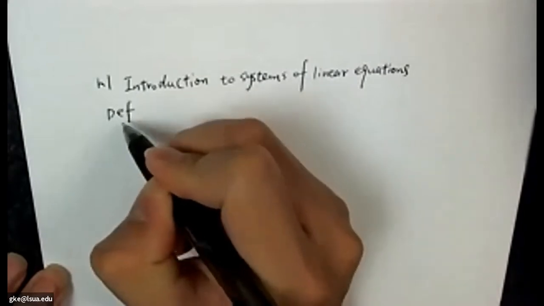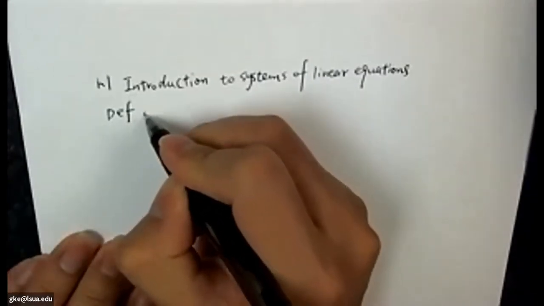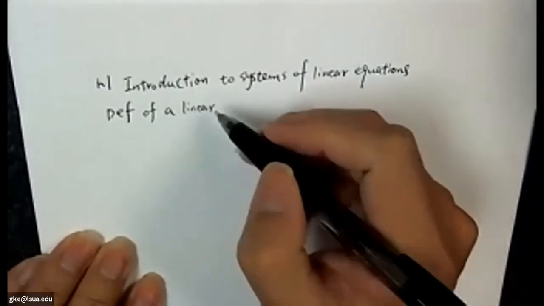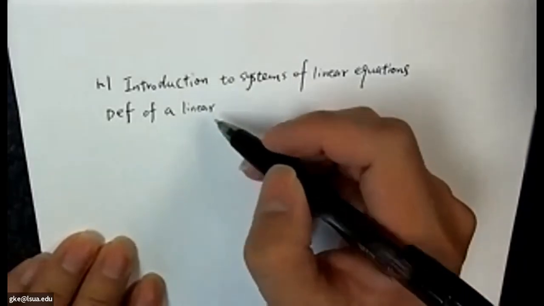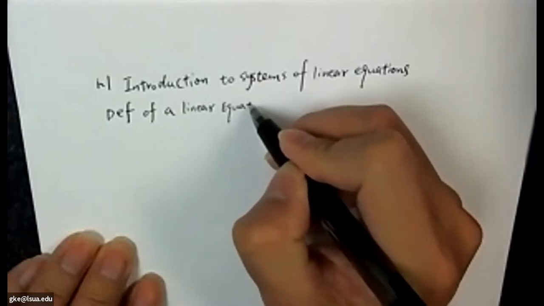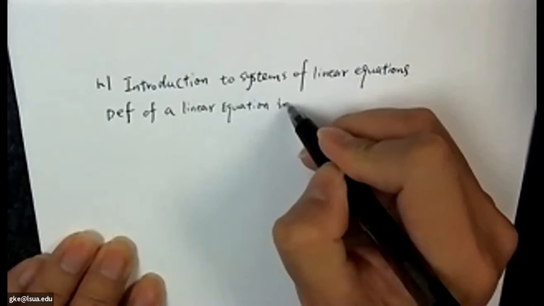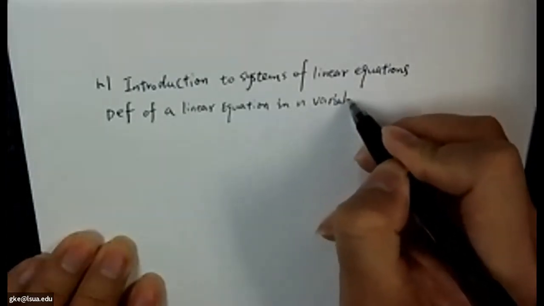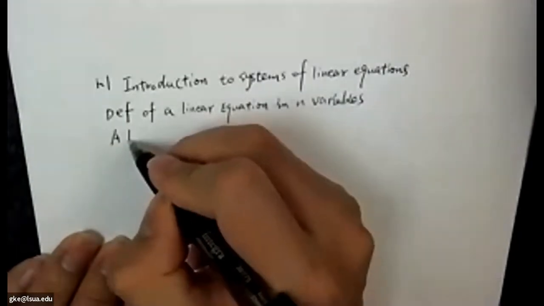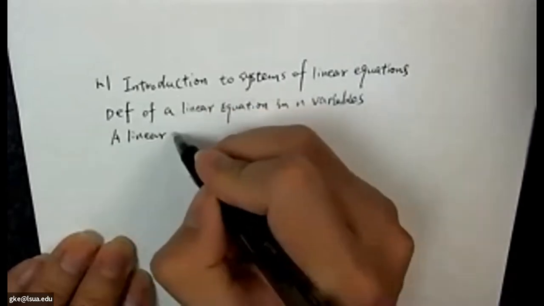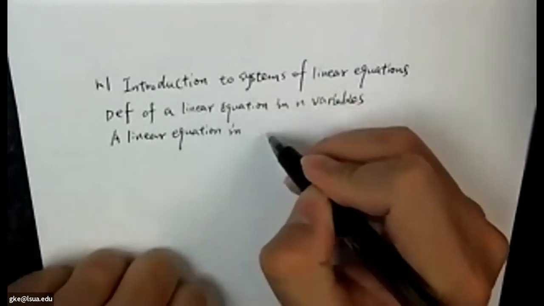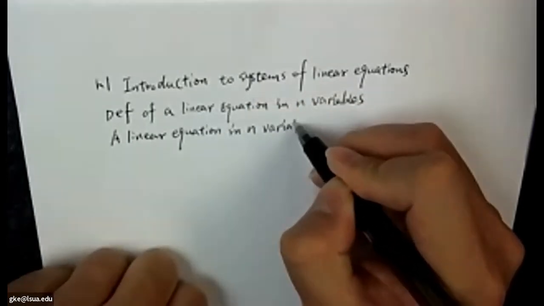Definition of a linear equation in n variables. A linear equation in n variables,